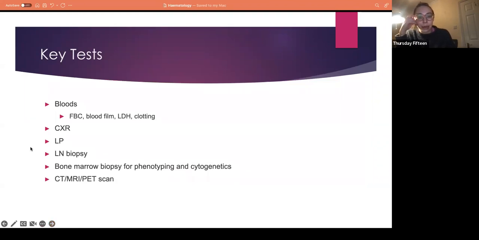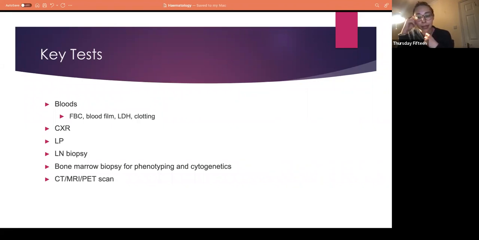So the key tests that you want to do for these leukemias are obviously blood. You want to do a full blood count, a blood film, because quite often they have classical pictures on a blood film, an LDH, which is the marker of cell turnover, and a clotting. You could also do a chest x-ray, an LP to look for CNS involvement, a lymph node biopsy if they've presented with a massive lymph node,